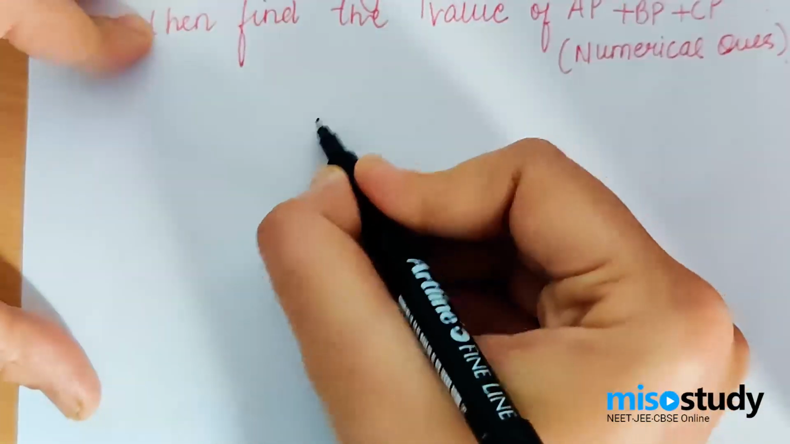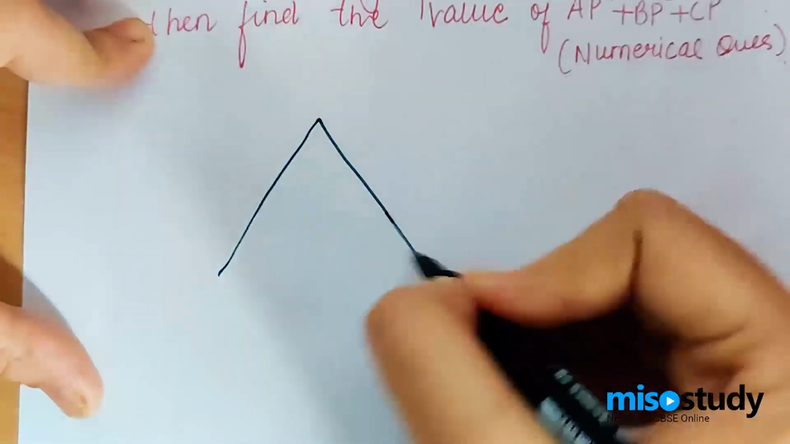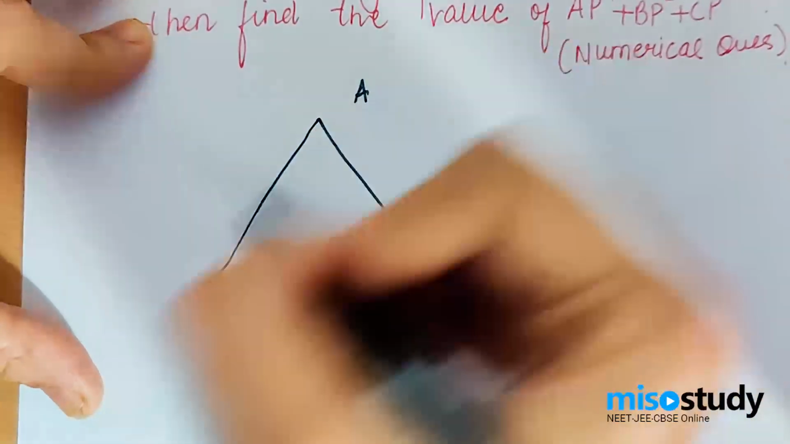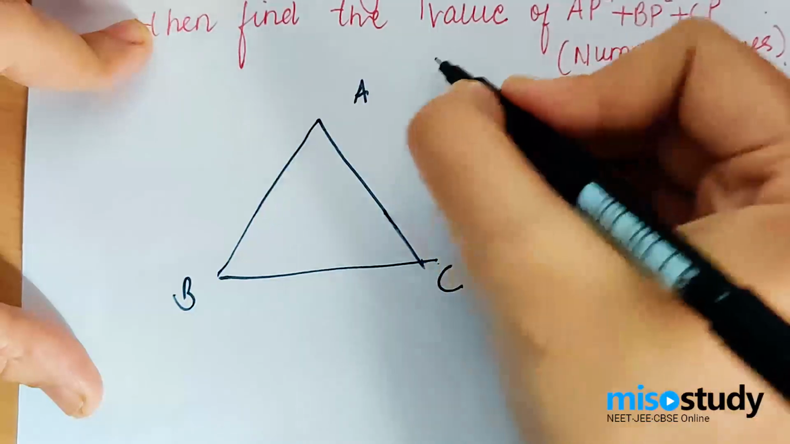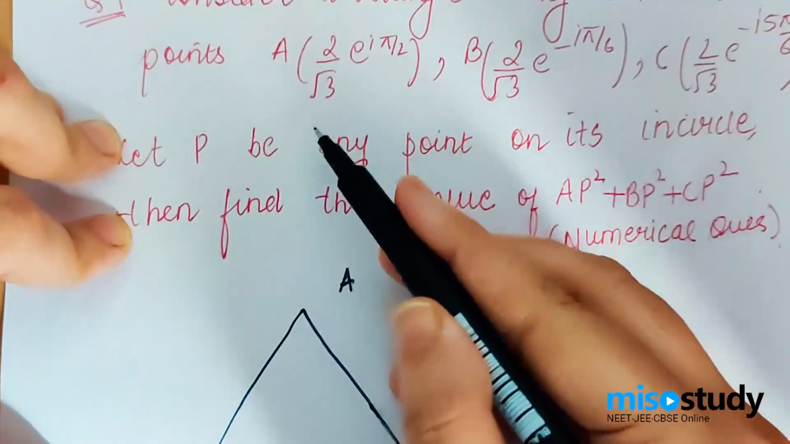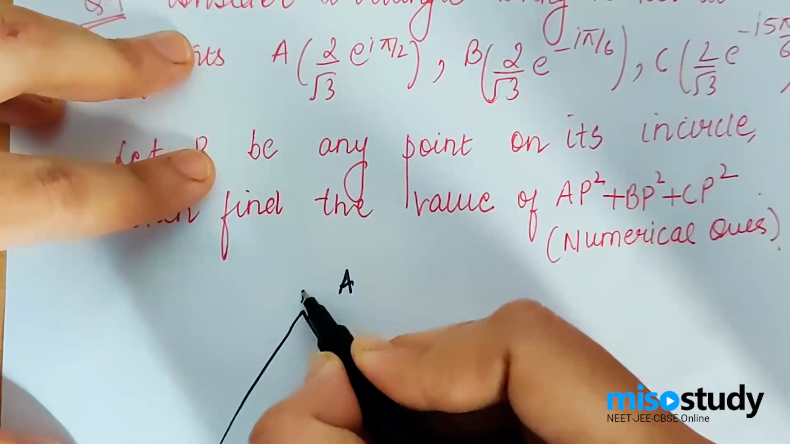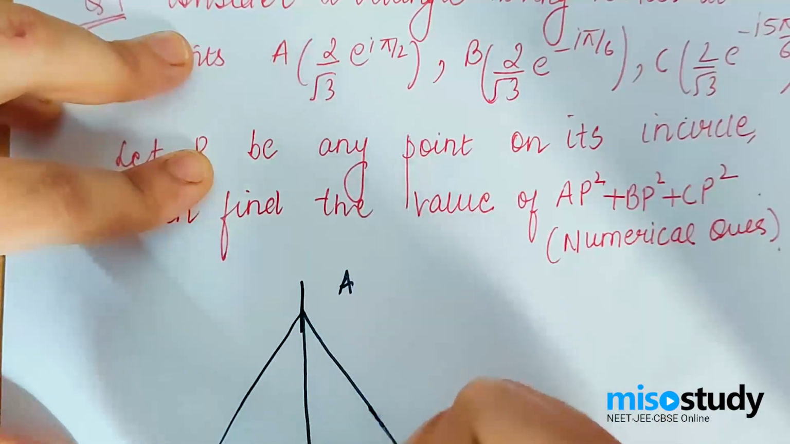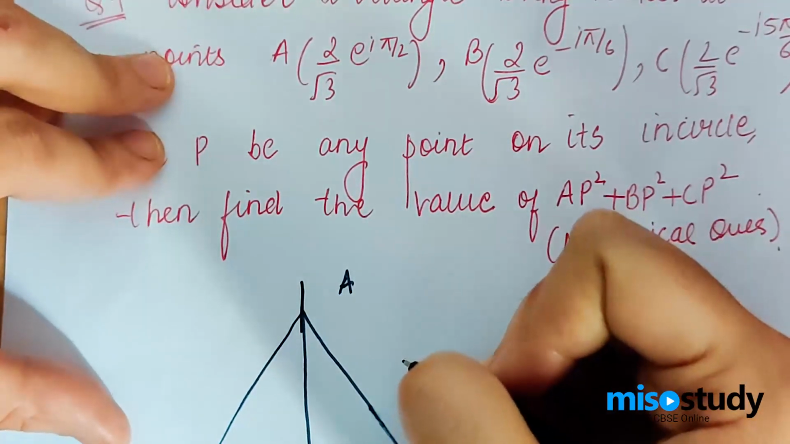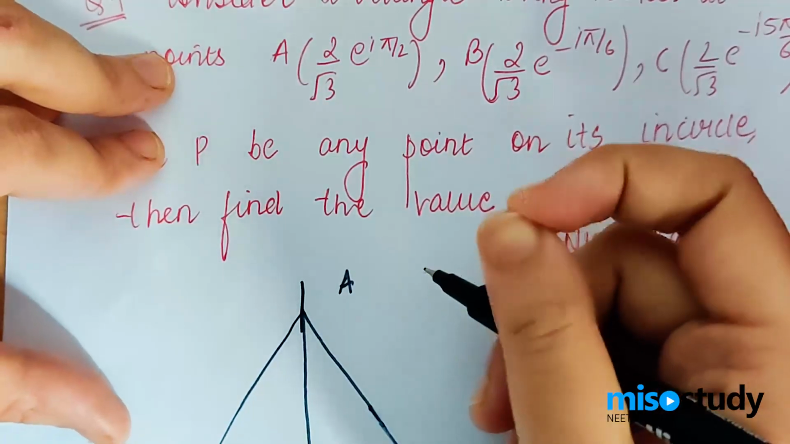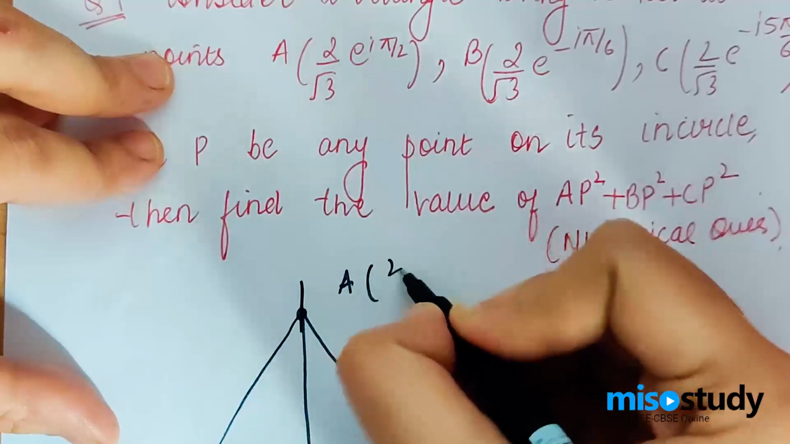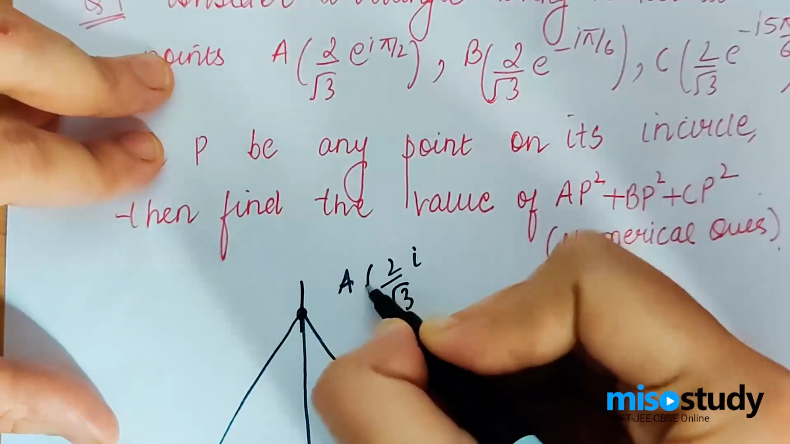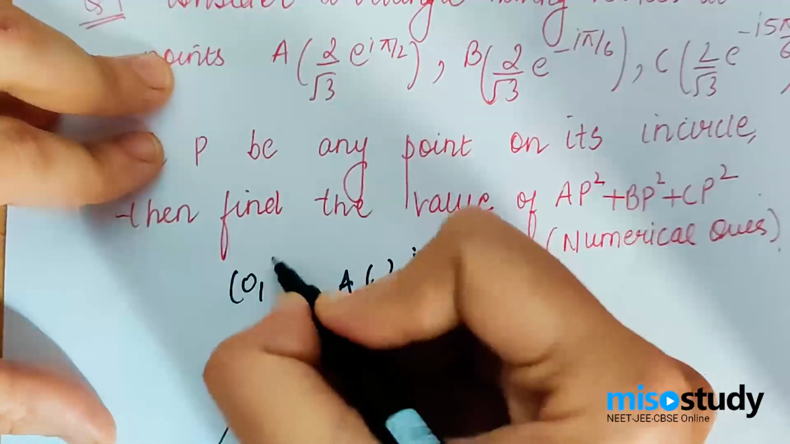Now I am considering a triangle. Let's first of all make a nice diagram of this. It is given that A is 2 root 3 e raised to the power iota pi by 2. So that means my A lies on the y axis. Iota pi by 2, what does that mean? As you all know, it's just iota, so it's 2 root 3 iota. So the coordinates would be 0 comma 2 root 3,